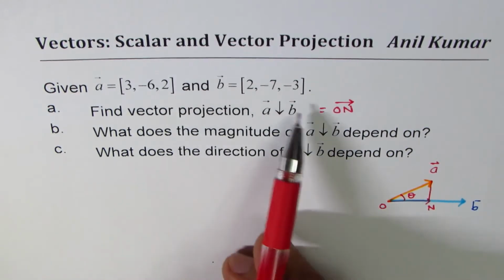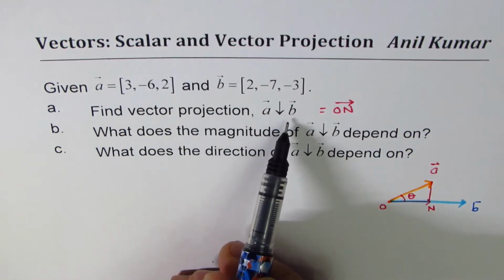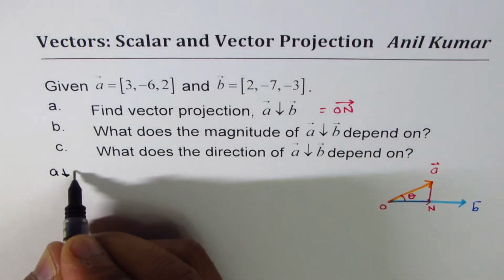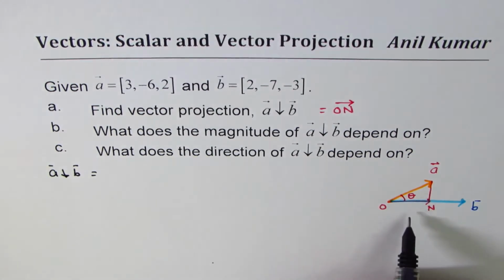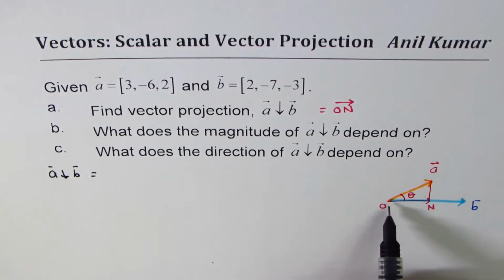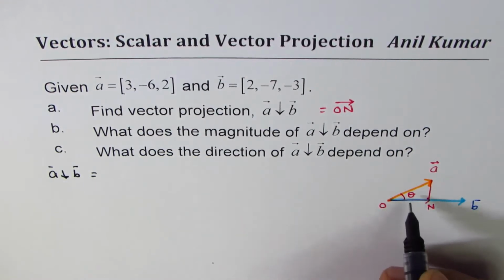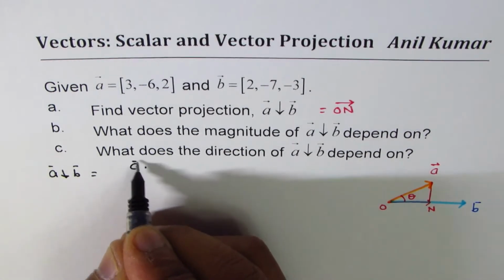Now, there are many ways to find the vector projection, but I'll not use the straight formulas. I'll just use a concept here. We are trying to find the vector projection of A on B. So let's write it down. The vector projection of A on B is the cosine component, so A cos theta. This is A, this is B. AB cos theta, which you can get by the dot product. So it is A dot B,